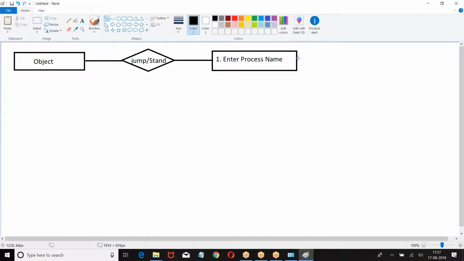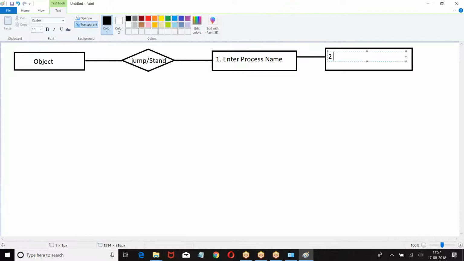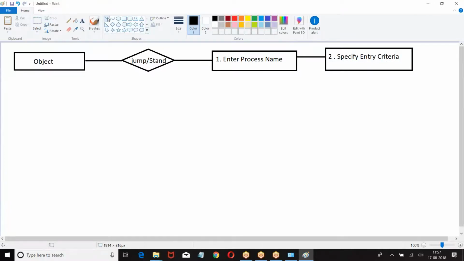Second step, choose the criteria. Specify the entry criteria. Once you specify the entry criteria, then step number 3. What is step number 3? Choose the automated user.